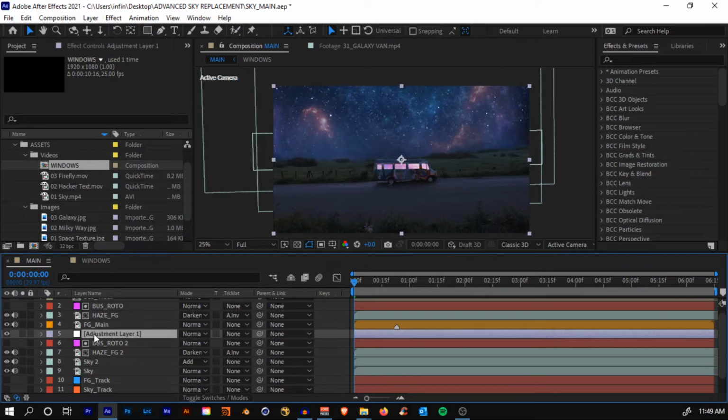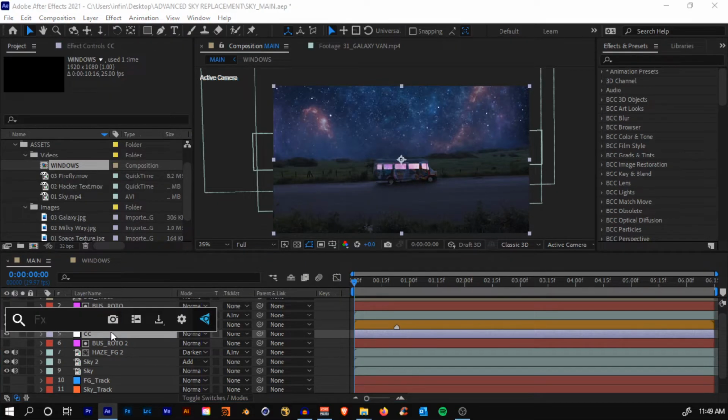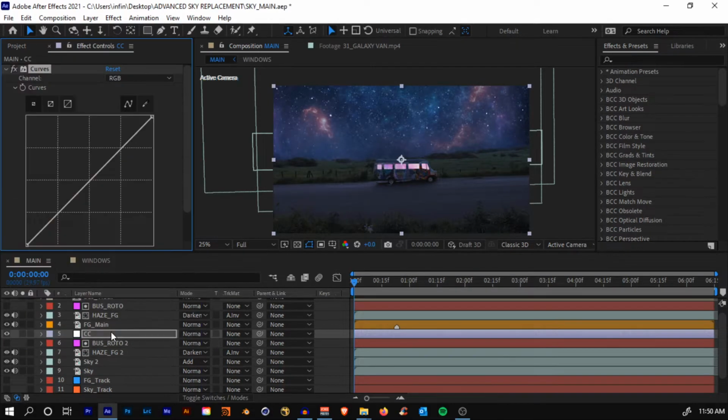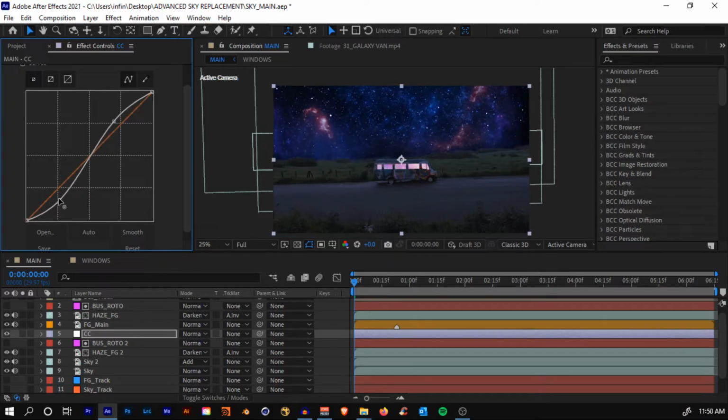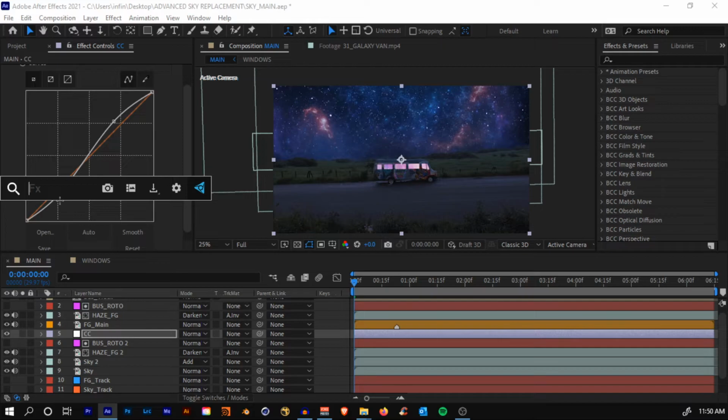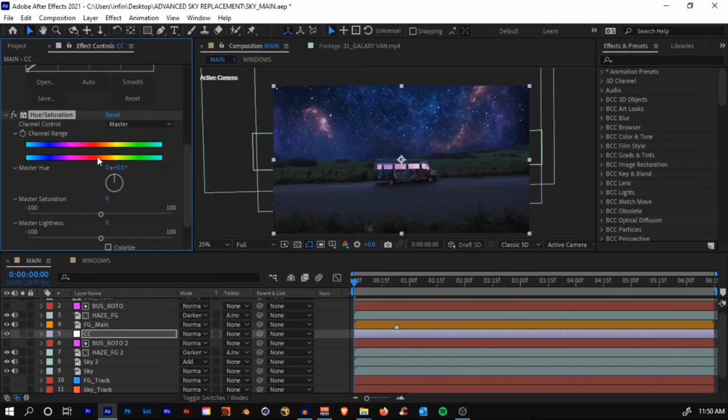So just rename the adjustment layer to something like CC and add in a curves effect and just get the S curve, not too much, just a little bit, and also add the hue and saturation effect, and come to the blue channel and just increase the hue a little bit, something like that.